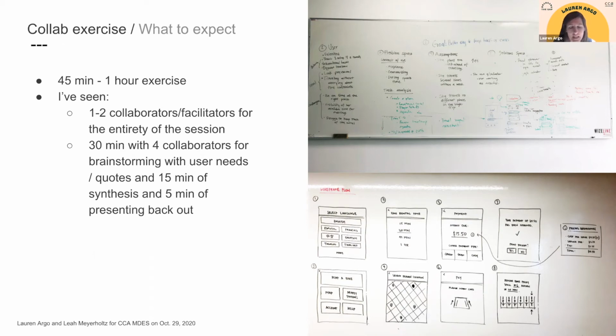And I've seen it done different ways. I think the more common thing I've seen is that you have 1 to 2 collaborators or facilitators in the room with you for the entirety of the session. Another way I've seen it, which I thought was super cool and interesting, and if I ever design an interview process, I would do it this way, is that